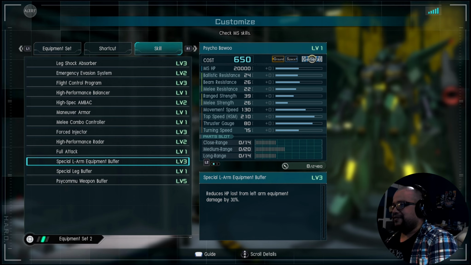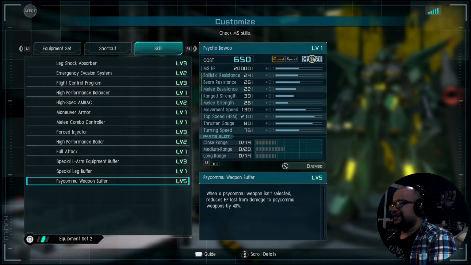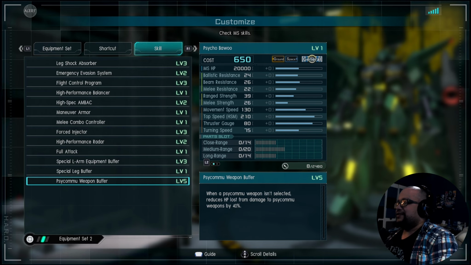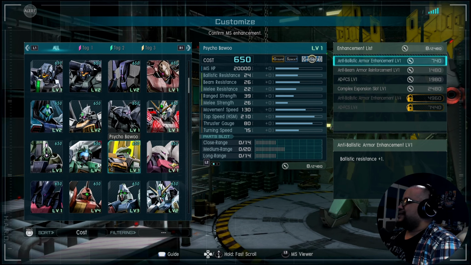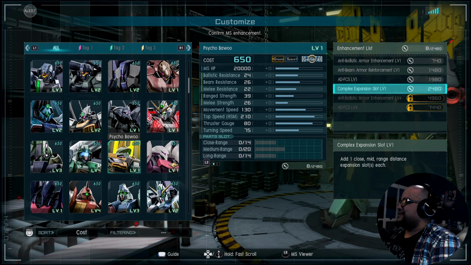In this case, for the arm buffer, special leg buffer is only 1, which I get. They're not very meaty legs, but kind of nice to have 2 at least. But you do get level 5 for the Psychommu weapon buffer because it's just a big dumb V plate on your back. So you get 40% on the reduction for that. Not bad. Going into the enhancement list, we get +1 to ballistic for the first one, +1 to anti-beam, +1 to ranged, and expansion slot comes at the end for 2480. I guess that's just typical